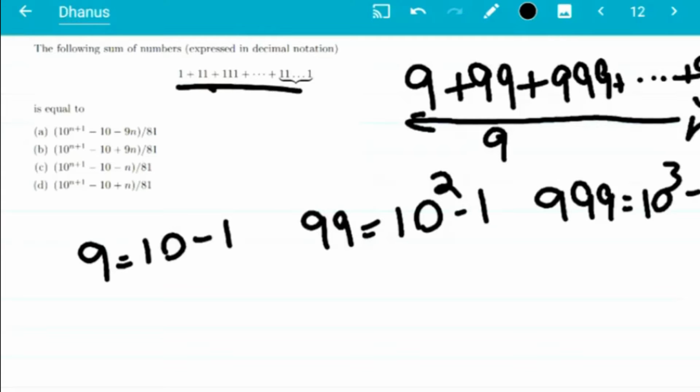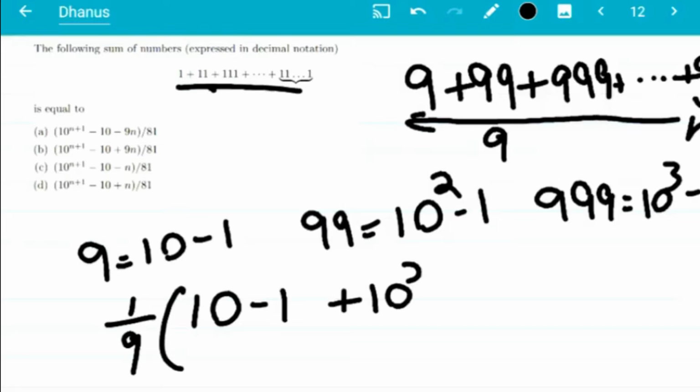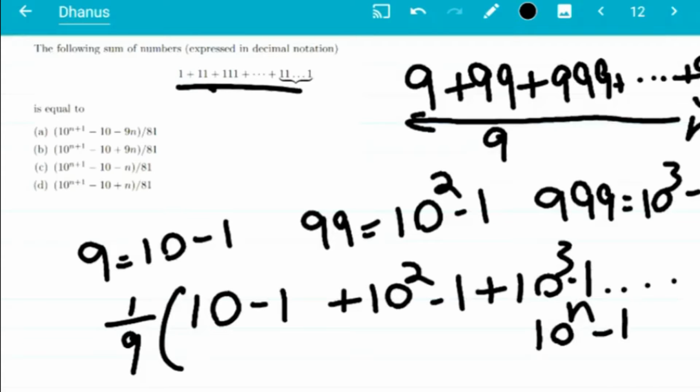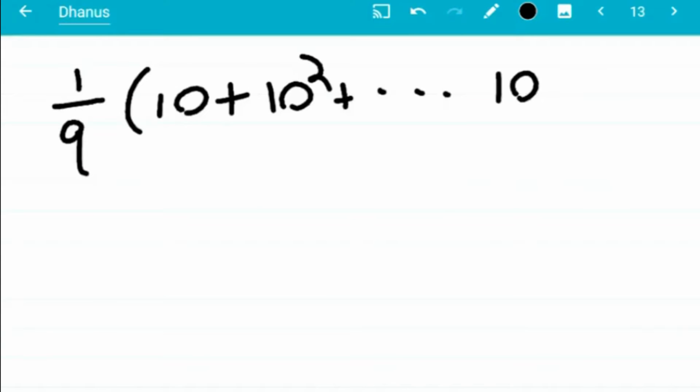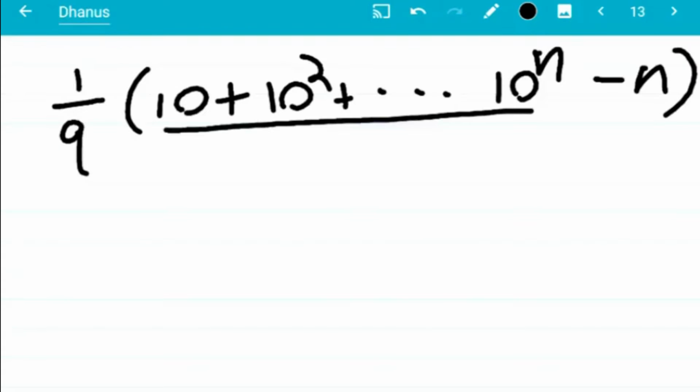That's why we can write it as 1 by 9 into 10 minus 1 plus 10 square minus 1 plus 10 cube minus 1 dot dot 10 raised to n minus 1, and that will be equal to 1 by 9 into 10 plus 10 square plus 10 raised to n minus, there will be n ones, that will be n, and this thing is a geometric progression with first term a1